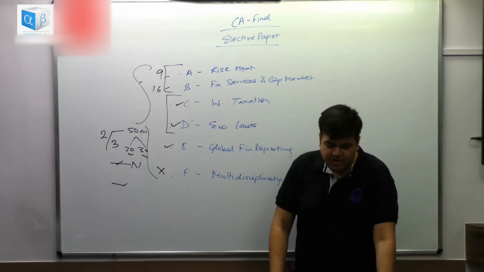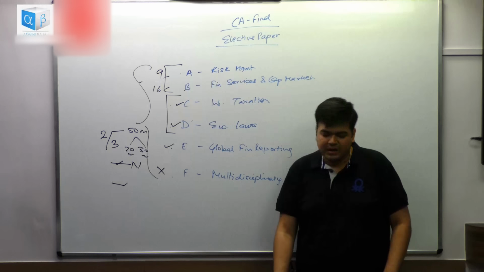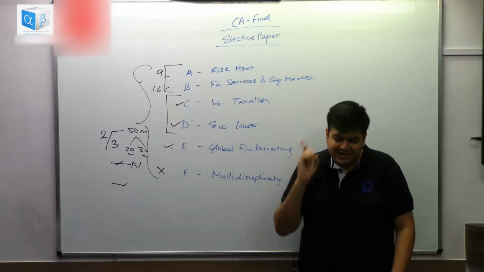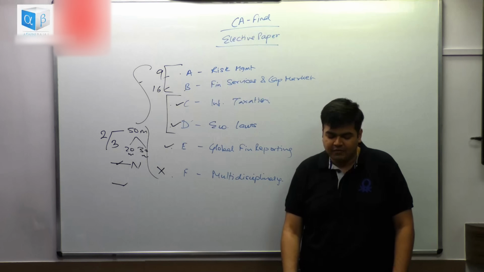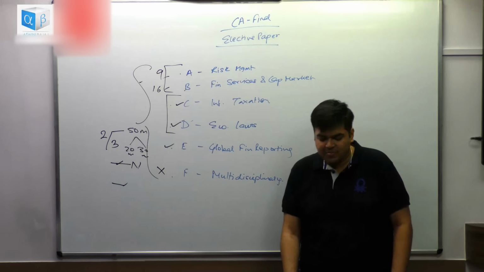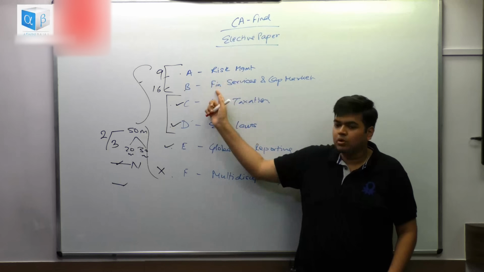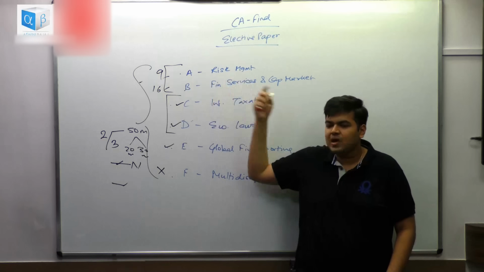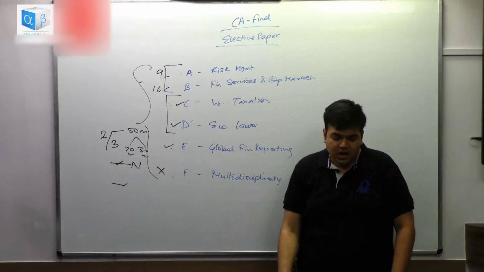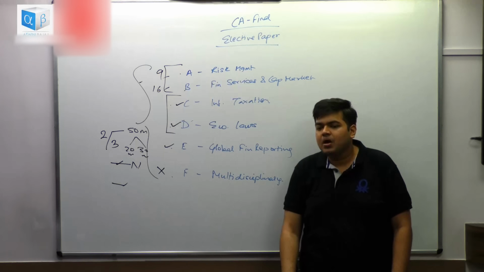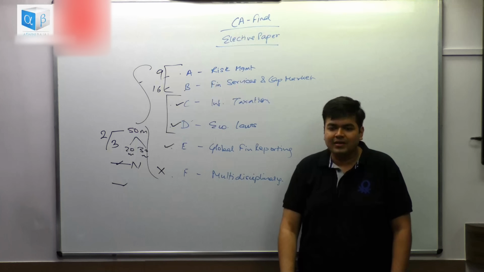There are about 16 readings over here. It is about money market, capital market, fundraising, banking management, NBFC, non-banking finance companies, treasury management, risk derivatives. Credit risk is going to be common in both of these. This one also has a part of credit risk, a little bit of it. So when you're looking at financial services and capital market, mutual fund is going to be an overlap when you're looking at the two subjects.